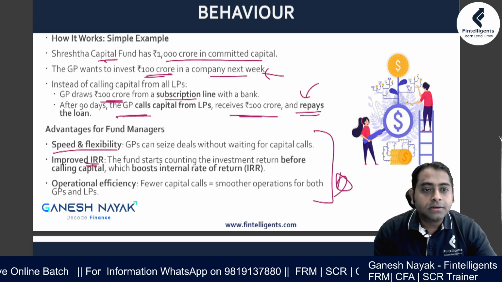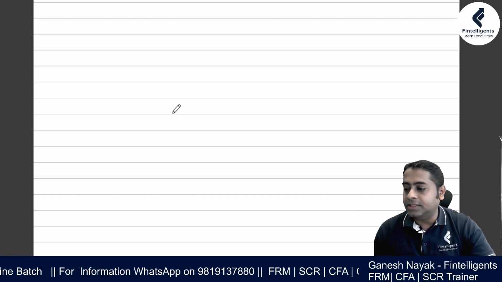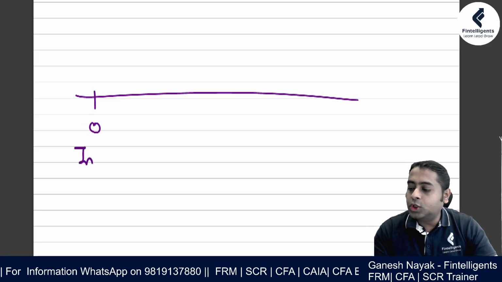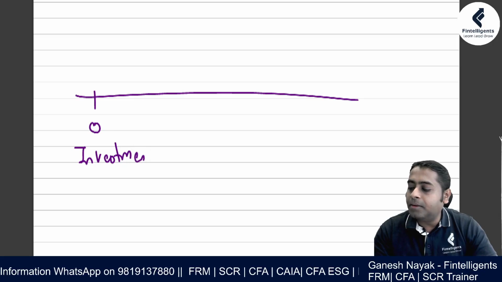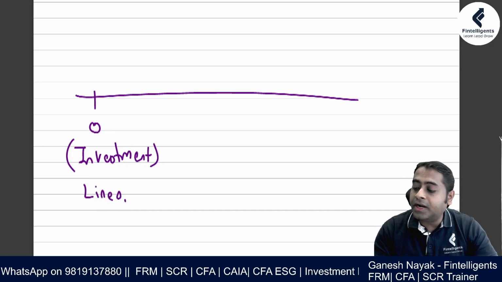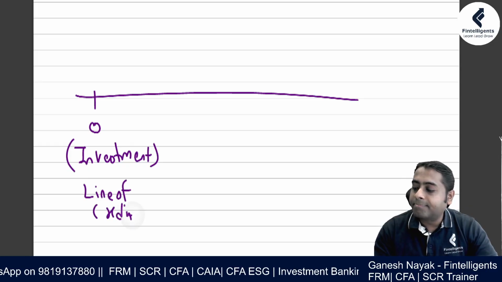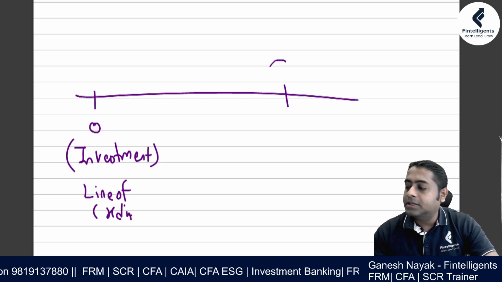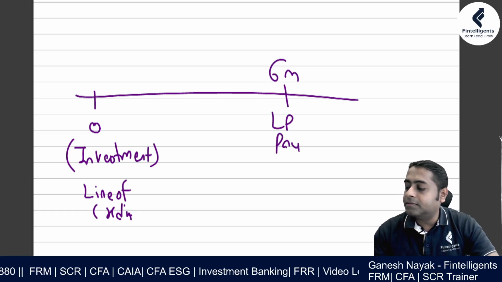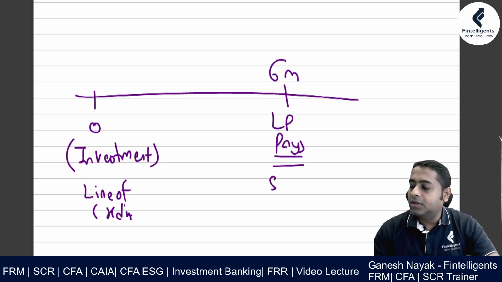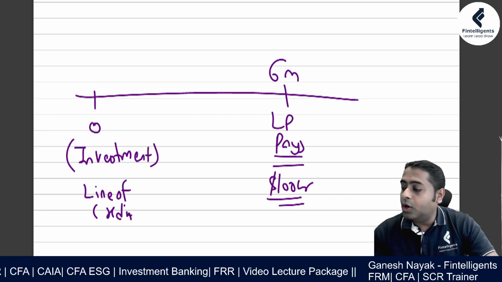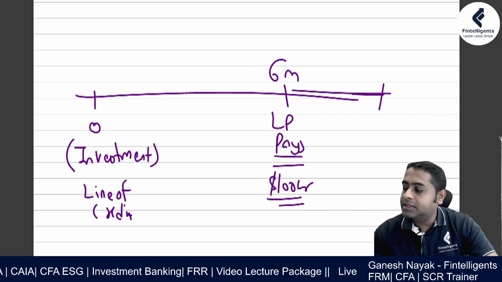Do you realize? So I'll just give you a reference. Say for example, this is the time zero where the actual investment happened in the company. And what you have used, you have used a line of credit. And say for example, 6 months. This is where the LP pays. How much? 100 crores, for example. And you are exiting in say 12th month,